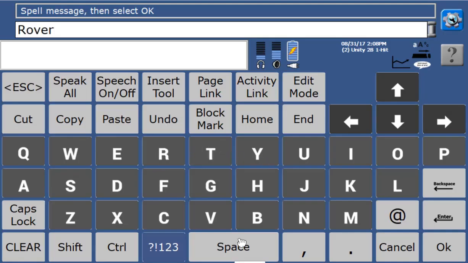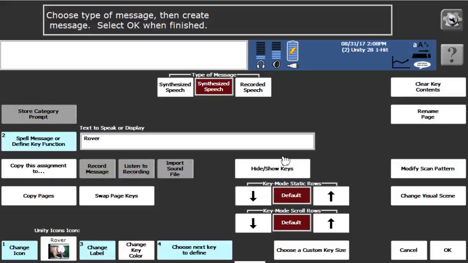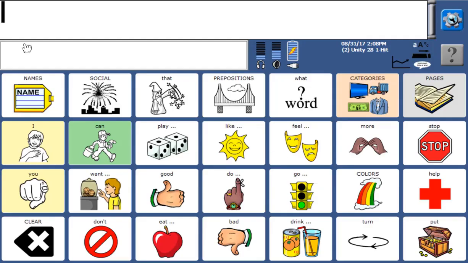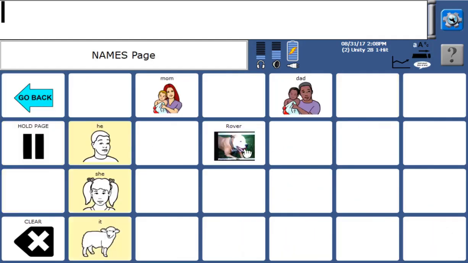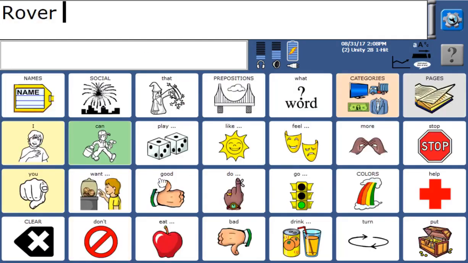Always when you're programming a key, make sure there's a space after the final character. And then you're going to say okay, and then the label changed as well. So we are done with that. So now you'll see that Rover is right here. Rover. Okay, the next thing we're going to do is typically in one hit, if you see three dots after